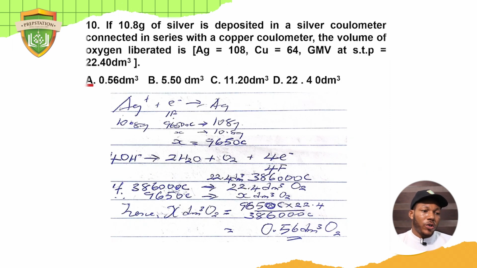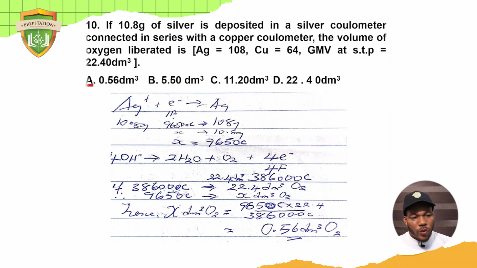I brought so many questions so that you will be conversant with how to tackle problems with electrolysis. There are many questions regarding electrolysis, but this is where students find it so difficult to answer. That is why I am so concerned with Faraday's law in this electrolytic discussion. So question 10 says, if 10.8 grams of silver is deposited in a silver colorimeter connected in series with